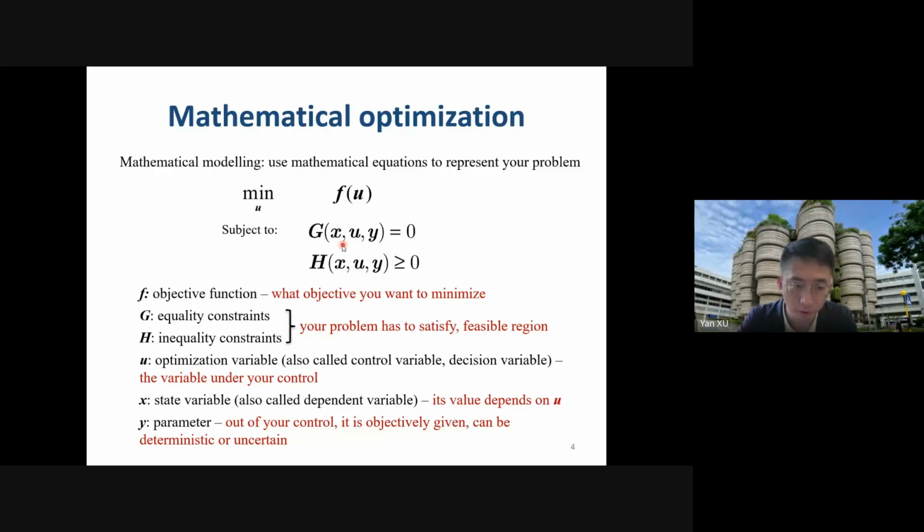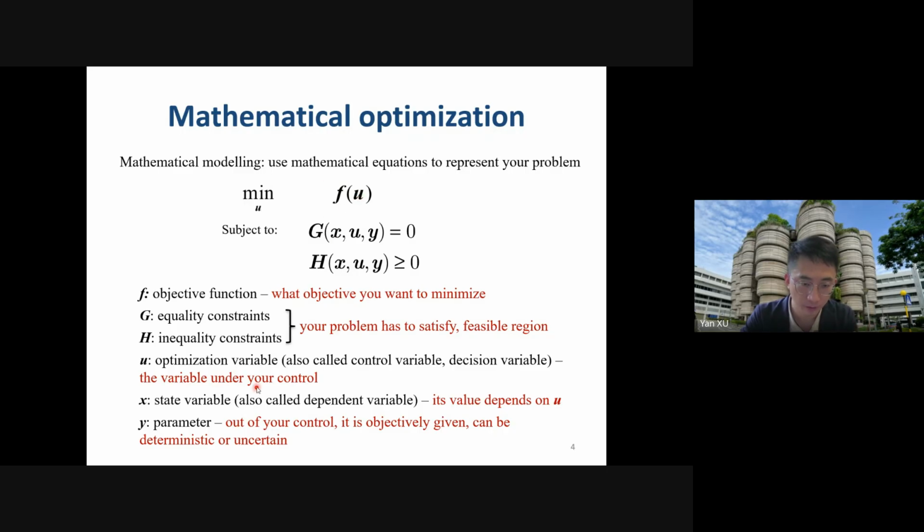Apart from u, we also have x and y, right? To summarize, f is the objective function, the one you want to minimize, and G and H are the equality and inequality constraints, which means your problem has to satisfy G and H. So G and H define the feasible region of the whole problem. And u is called the optimization variable, which means you are going to search for a value of u so that